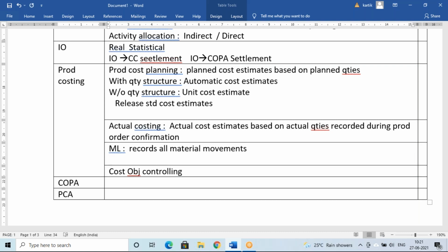Okay, and it can also be used. One more application of material ledger is with multiple parallel valuations or multiple valuations. You might have heard the words like